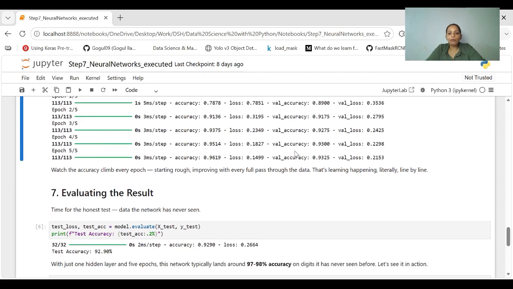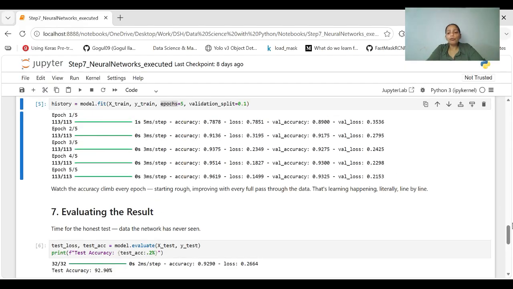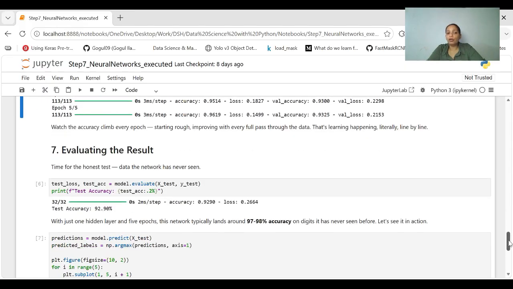With every epoch, if you see, the accuracy has been improved. Maybe if we go further, accuracy will improve further for the next few epochs. You can feel like we can set epochs to 100, but after a certain stage there is a saturation, and there might be a loss in accuracy, like we saw in the last video as well.